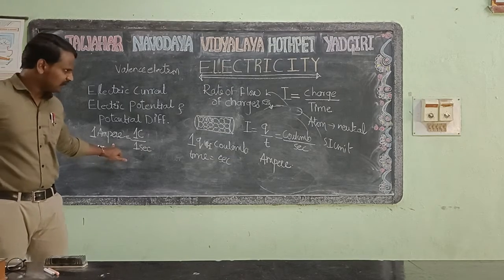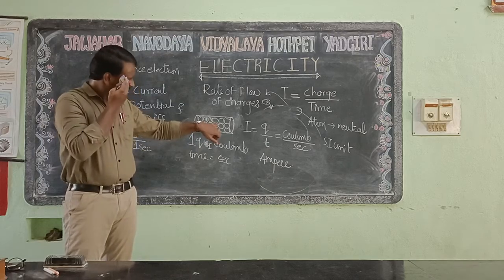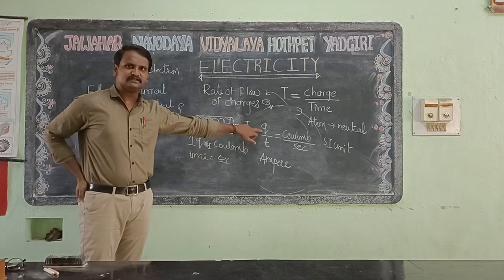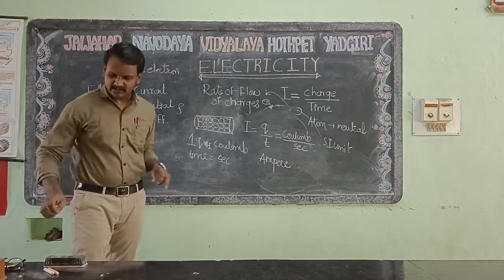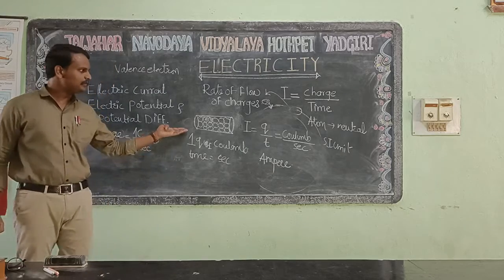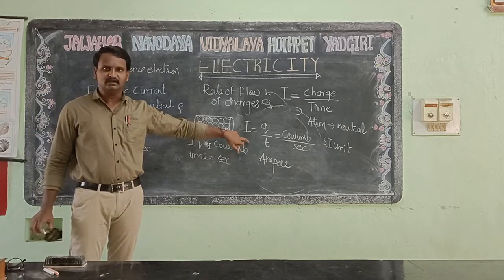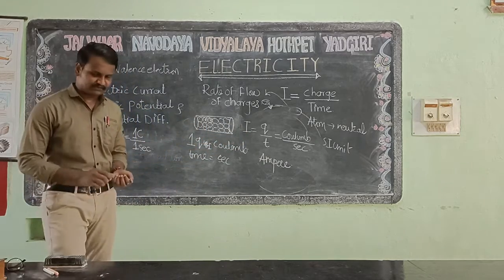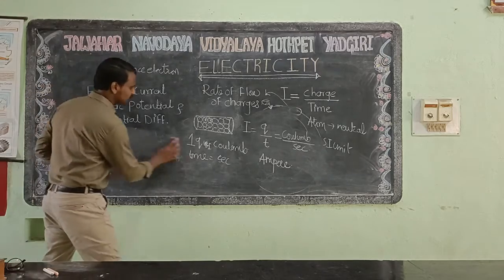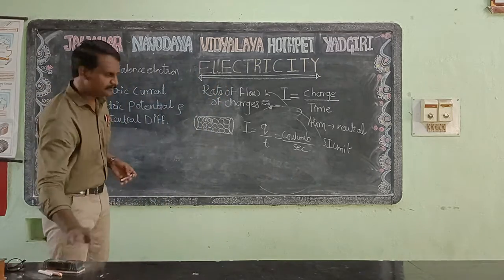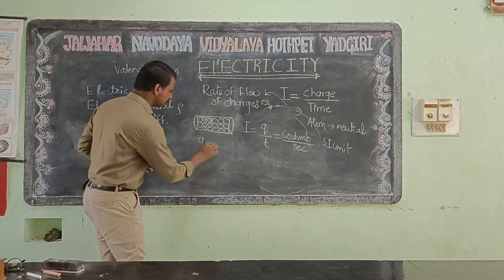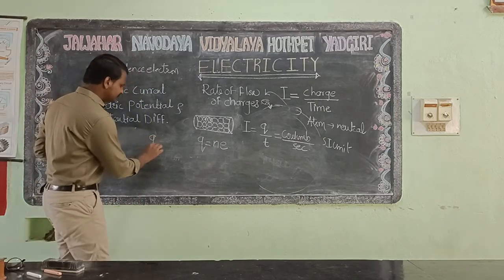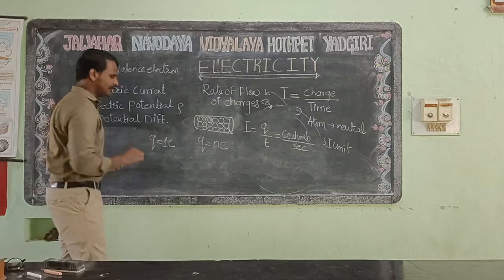Okay, clear? Now we are seeing that a number of electrons are flowing, and we are taking them as the total charge. Now we have to find how many electrons are flowing in 1 coulomb in that wire. So there is a formula. We can say that 1 coulomb is 1 charge. We can consider Q is equal to the number of electrons times e, so Q is 1 coulomb.